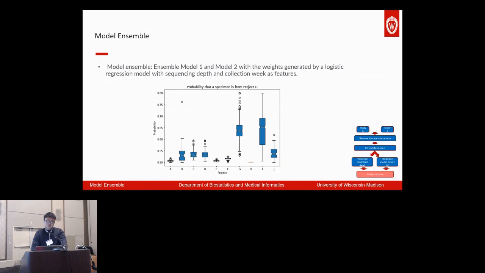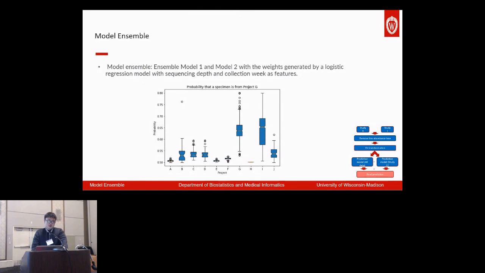This plot shows the weight for model 2 for subjects coming from different projects. For example, you can see the weight of model 1 and model 2 in project A is almost 0.5 here, and the weight for subjects from project G is almost 0.65.